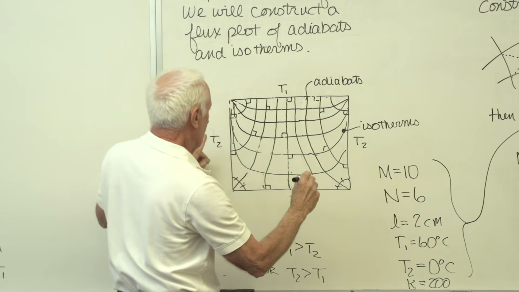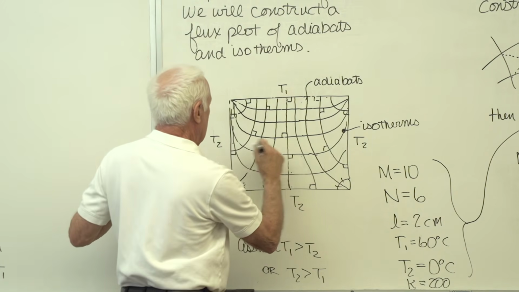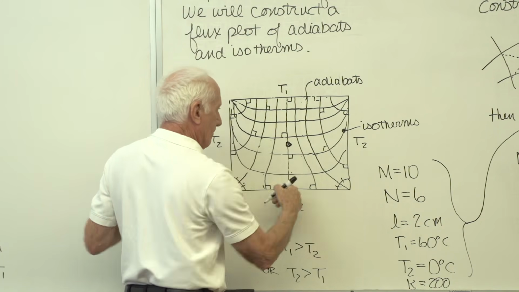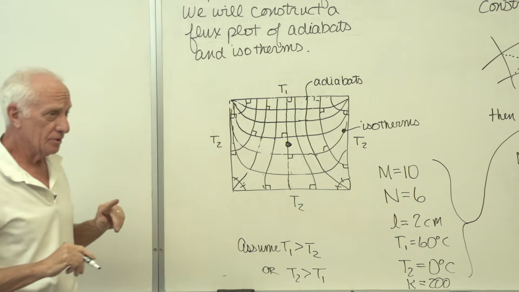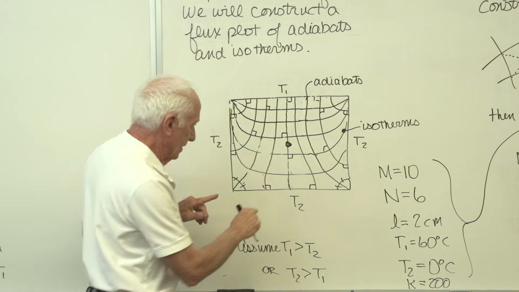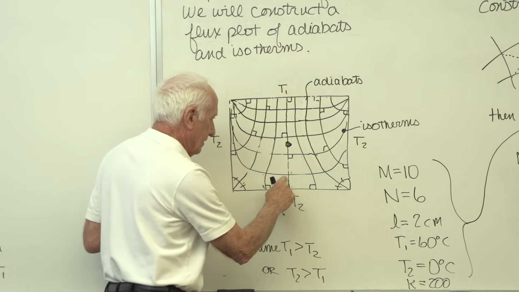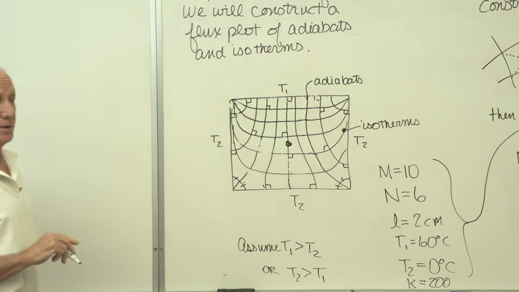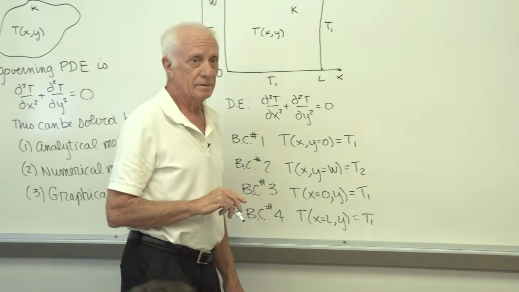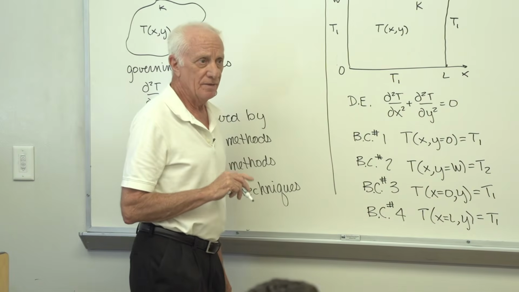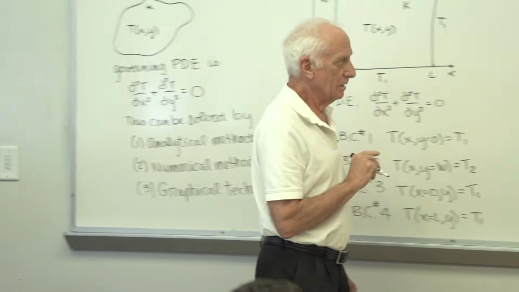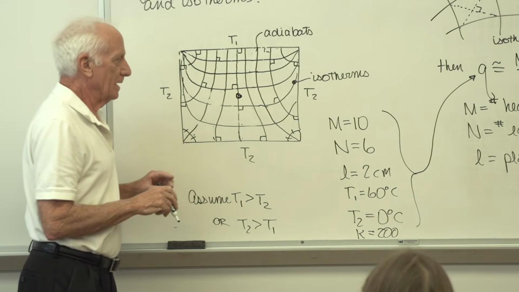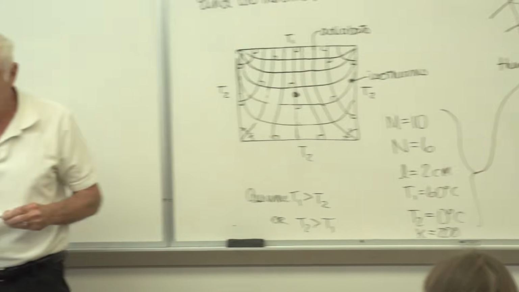If somebody asks me, what's the temperature in the middle of the plate? If I'm a good sketcher, I say, okay, let's count it again. 0, 10, 20, 30. I say 26 degrees right there. Good. That's an estimate of the temperature in the plate at that point. So it allows you also to get an estimate of the temperature. You say, well, okay, that's good, but you know,